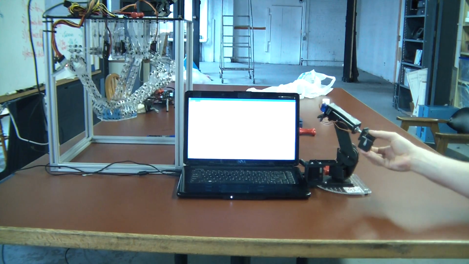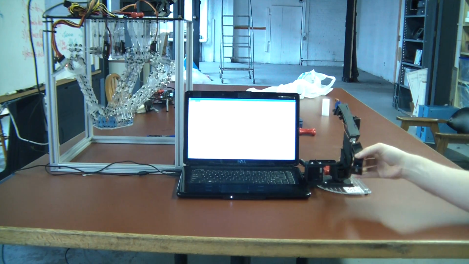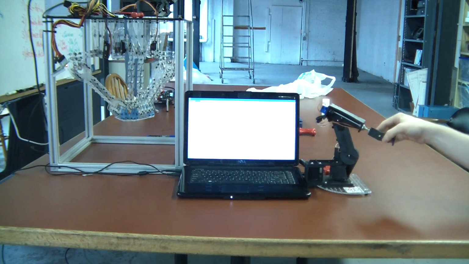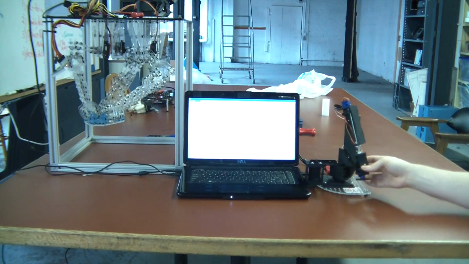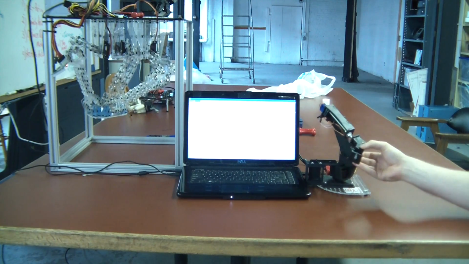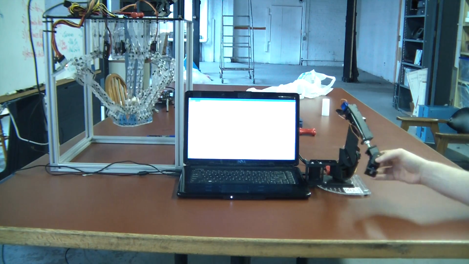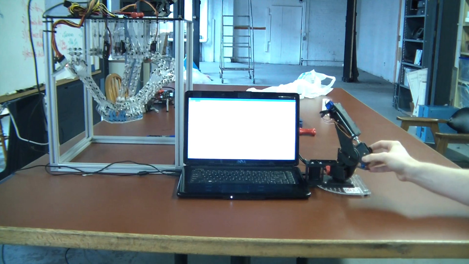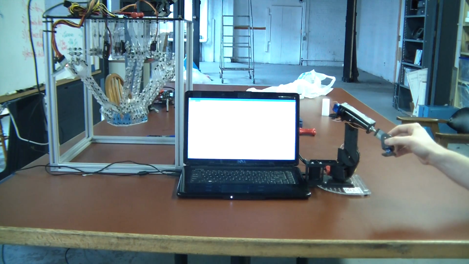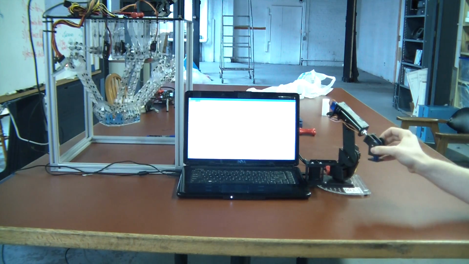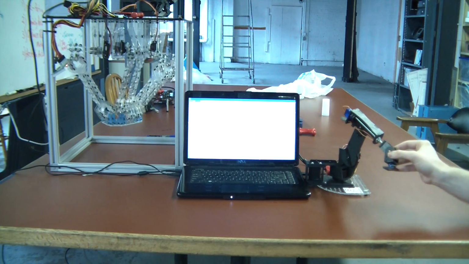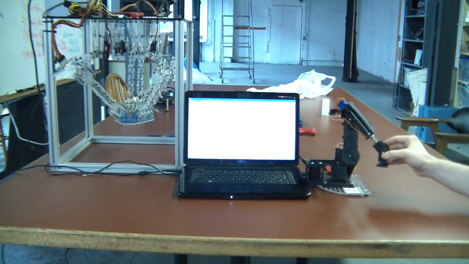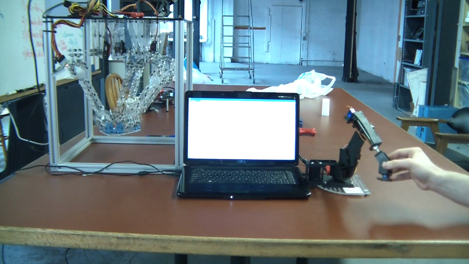we have an arm here that is a serial manipulator. It is providing the input to our control system, and across on the other side of the laptop we have our beta of a delta robot arm that is taking the inputs and turning them through our inverse kinematics into an output tip position. You'll notice that these robots are moving one-to-one